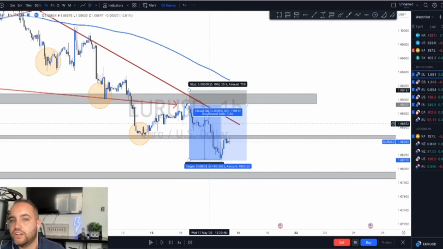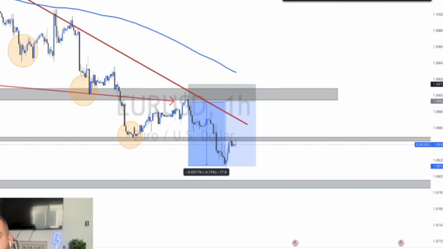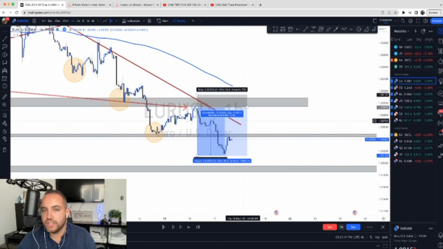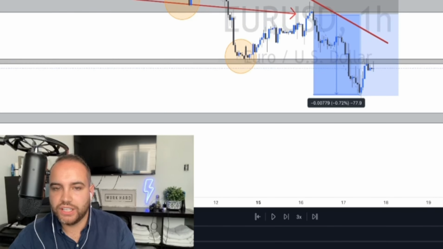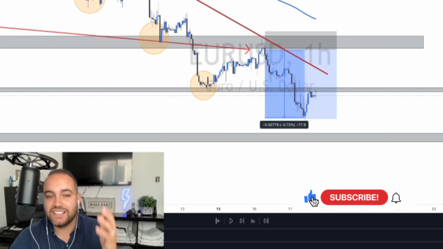On my full lot, that's $800 profit. If you would have done 2 full lots, then we're talking over $1,600 in profit in a matter of a couple hours, right? So beautiful trade setup, team. It just goes to show what's possible in the markets, what you could potentially be able to profit. And as you guys could see, price went exactly as expected.